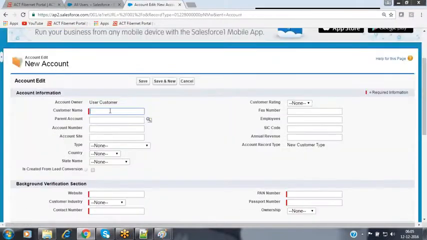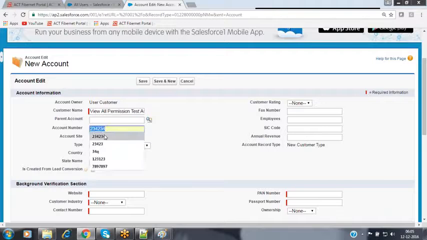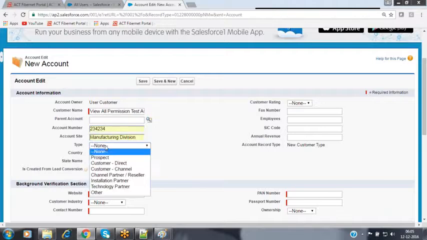I'm giving the record name as View All permission test account. I'm entering the required details to create the record.